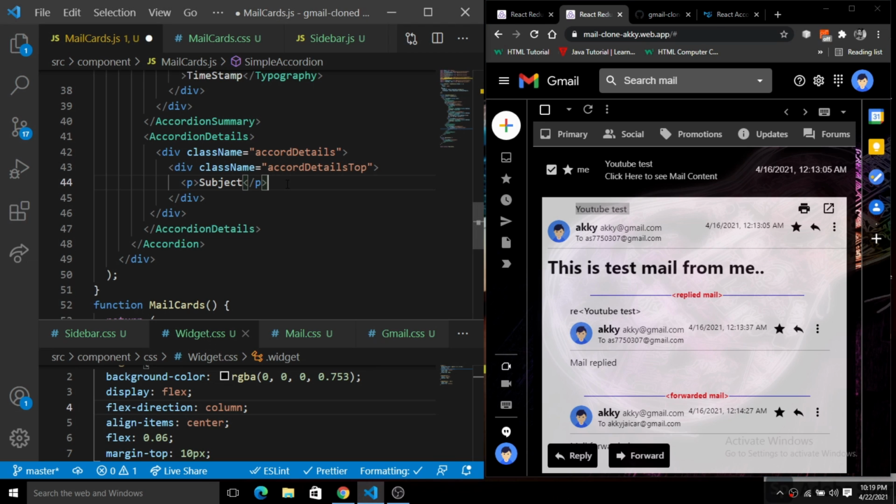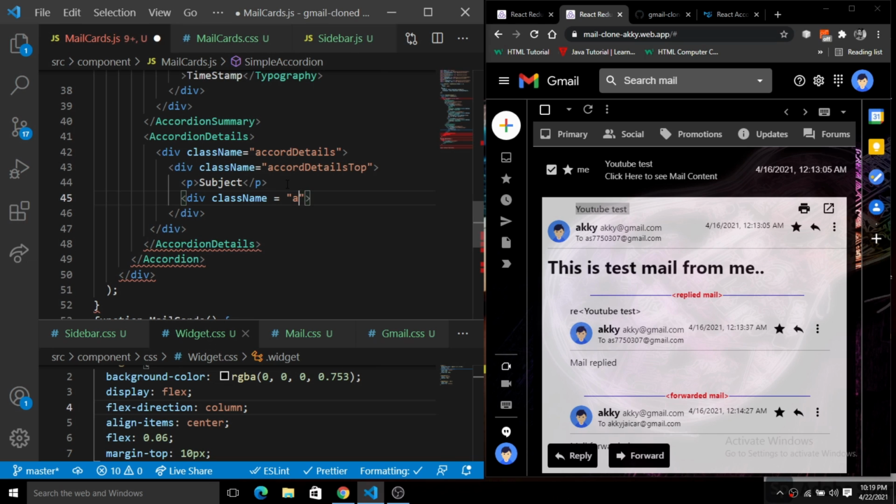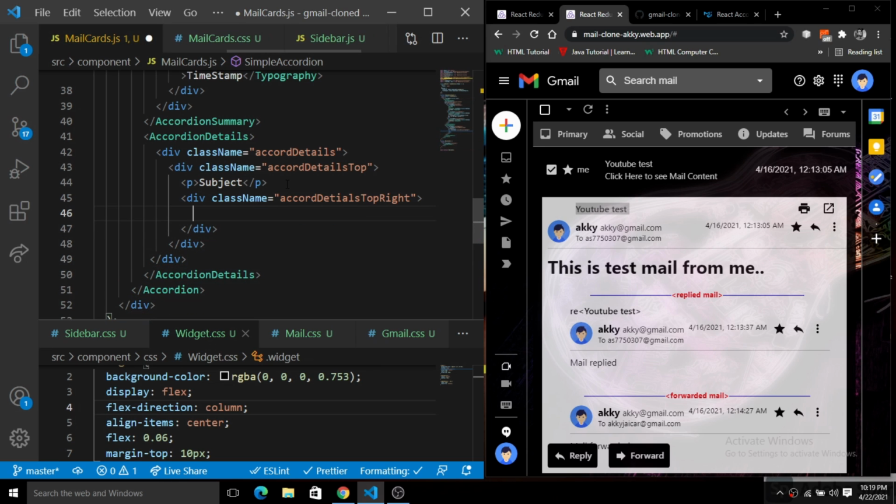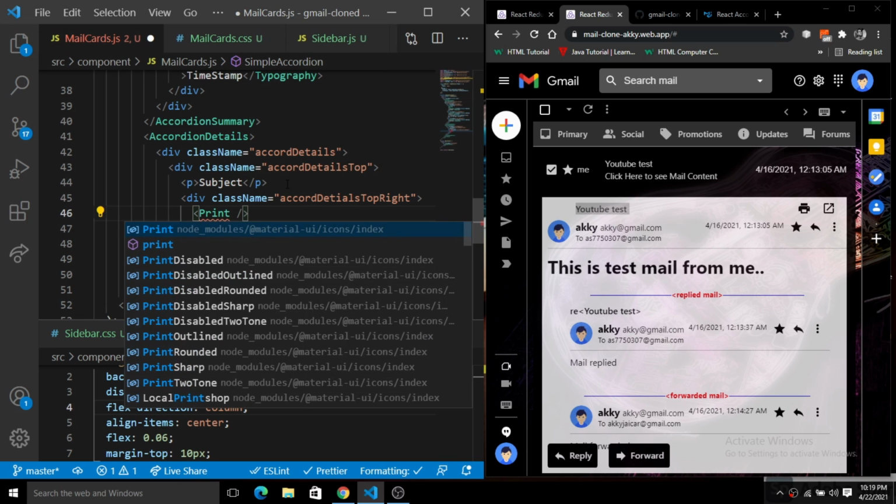Okay, so we'll create another div, and here we have this print icon and the open in new window icon. So here we will simply create a div for the details top right. So details top right will contain two icons. One is the print icon. So just put the print and just import it from the material icon here.